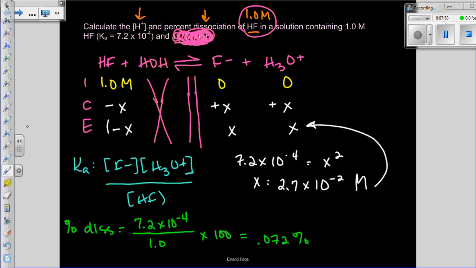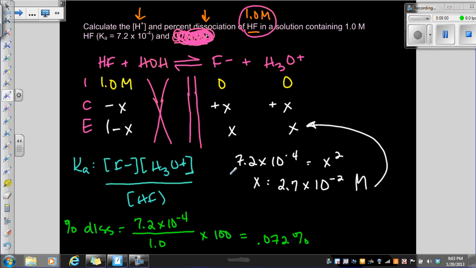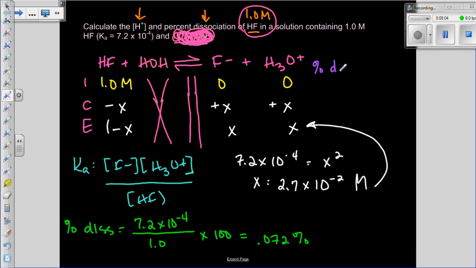So let's calculate percent dissociation for this so we can compare. So if I do this up here, this is without a common ion. So our percent dissociation is 2.7 times 10 to the negative 2 divided by 1 times 100. So when I do the math, it is 2.7% dissociated. Okay, so without the common ion, hydrofluoric acid